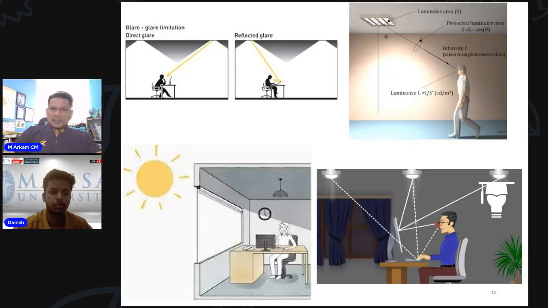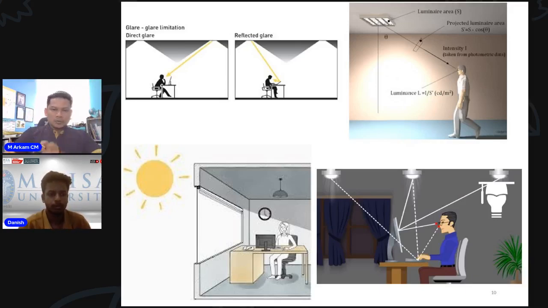And then these are some of the strategies. We have luminaire air and also the intensity coming from the luminaire, and also this one, on the left bottom here, talking about the glare coming from the sun, and the reflected glare coming from all the fittings that we have in our home and working space. So artificial light can also create glare. We can have anti-glare fittings, or we can have a very good formation of lighting so that it won't affect our eyes when we talk about working in visual comfort.